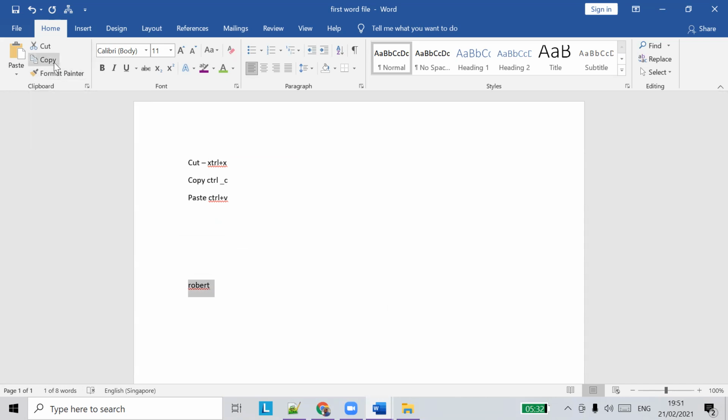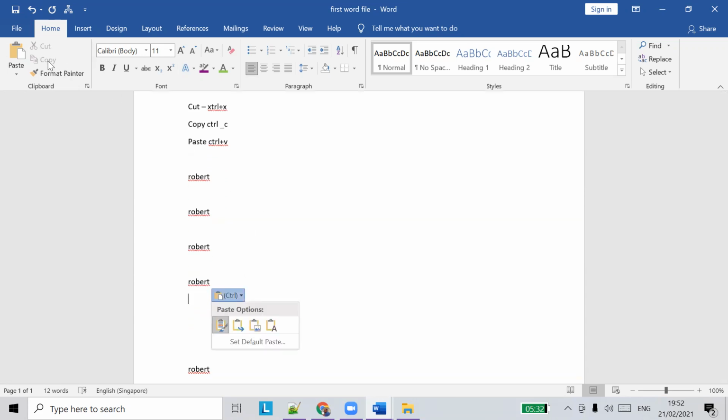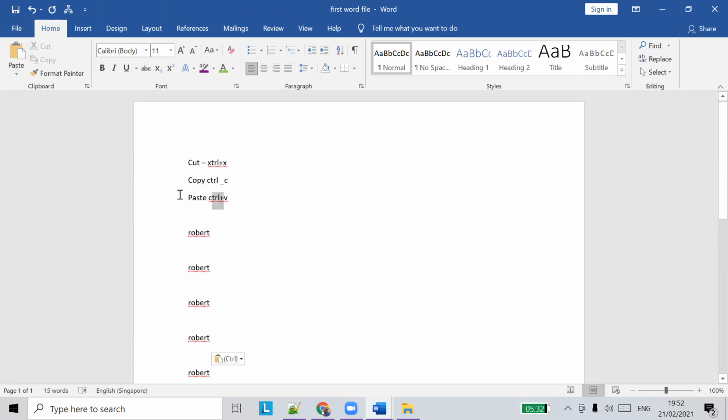Instead of clicking copy from the menus, you can just use the shortcut Control key plus C. So you select your content, Control C, and you can paste it again with Control V. When I press Control V in my laptop, you cannot see it, but you can see the content pasted. So instead of using this paste menu here, I can just press Control V, the shortcut for paste, and you can paste the content.